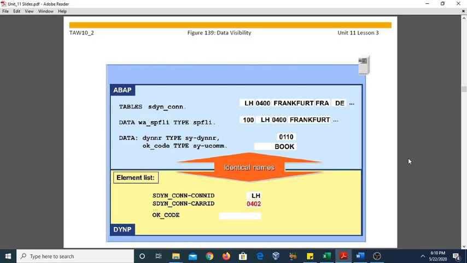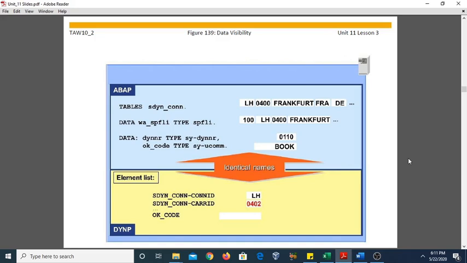The following two software processors are involved in the screen processing of the program. That means when we talk about the data visibility in case of screen programming, that is totally different from ABAP programming. So we have mainly two software processors that work behind the screen processing. The first one is the ABAP processor, and the second one is the DynP processor. The ABAP processor generally controls the program flow in a module, and the DynP processor controls the flow logic and prepares the data to be displayed onto the screens.